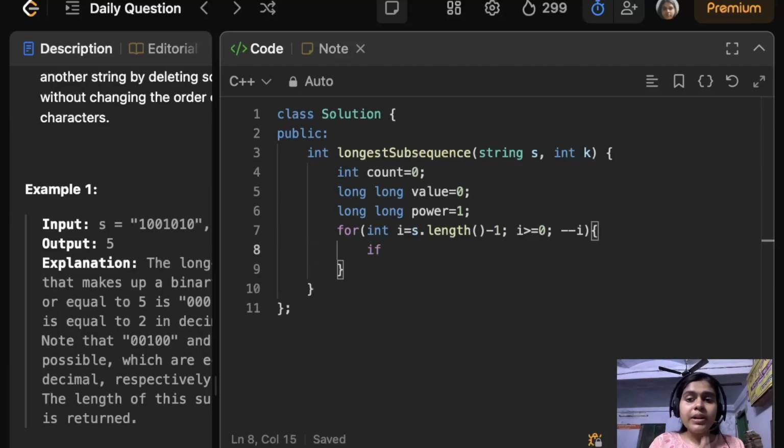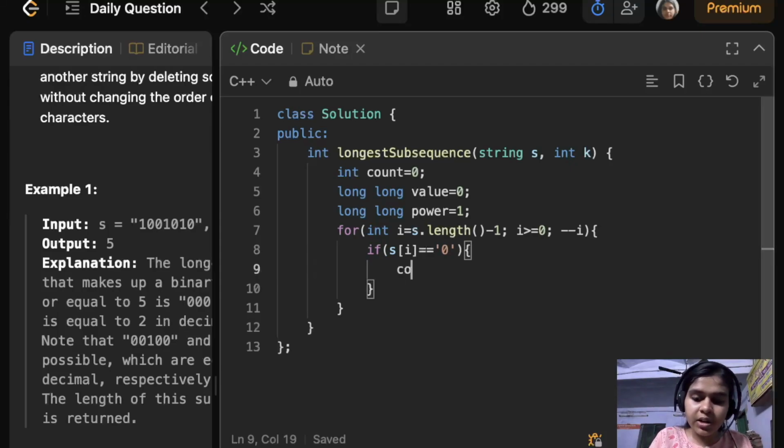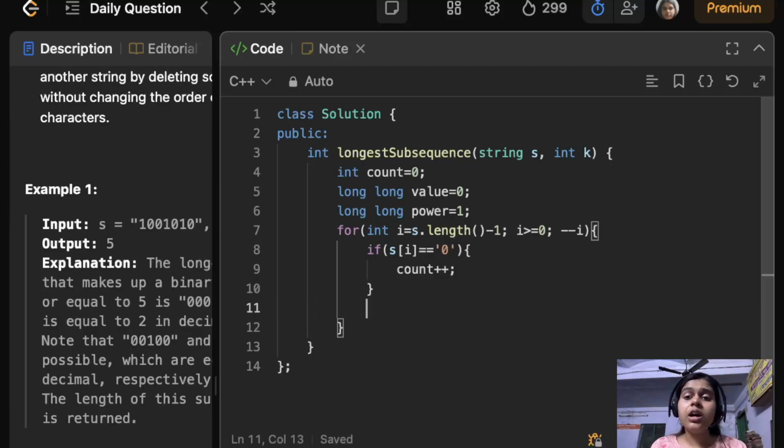And we will be taking an if condition, like whenever we encounter a 0, we increment our count. So if s[i] equals 0, we are incrementing our count, right? And the other condition is, if the value plus the power, like the value of whatever string we have iterated along with the addition of the power, is lesser than k, then only we will be incrementing our count.